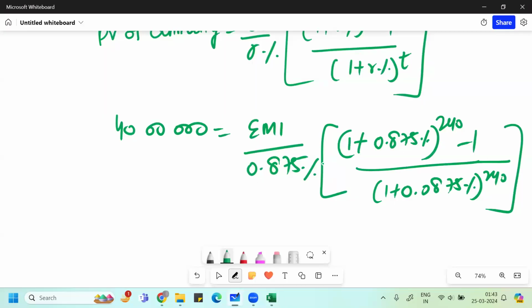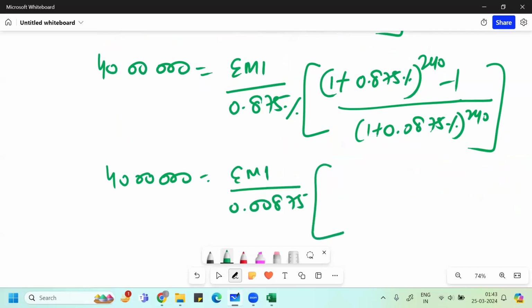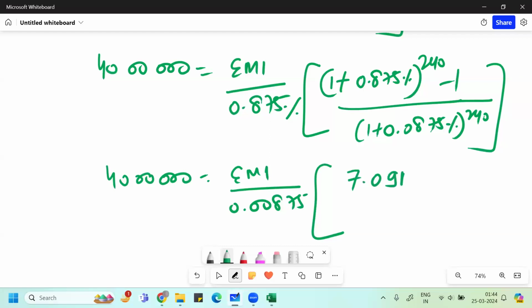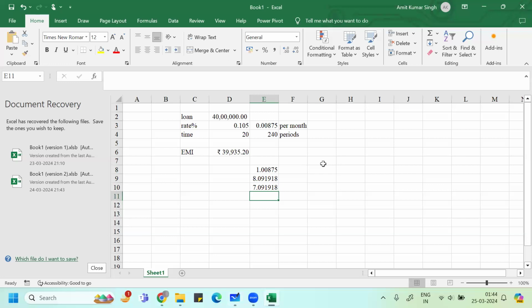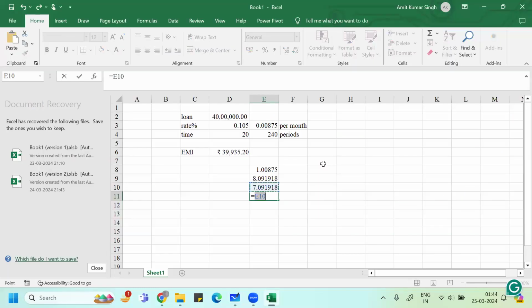So here you have 40 lakh equals EMI divided by 0.00875, times 7.091918 divided by 8.091918. This divided by this is